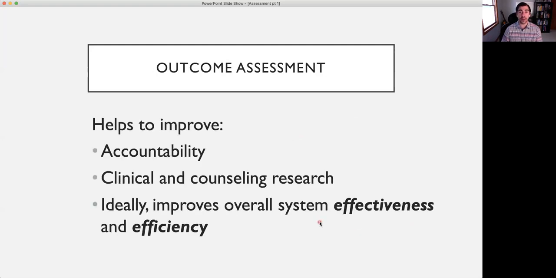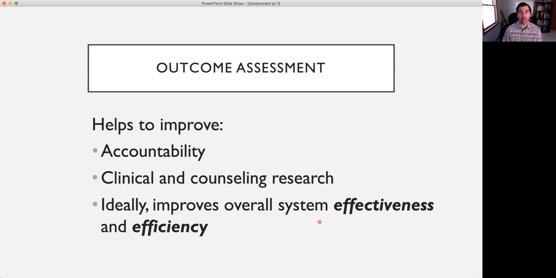Outcome assessment is the third main goal of assessment. Again, what we're doing there is that we're aiming to track how a person is doing in their treatment process, whether they're improving or not, and try to have some data that is as objective as possible in terms of supporting our inferences, supporting our ideas about whether they're improving or not. So with outcome assessment, part of why this is given some attention in the textbook is because it's a big topic in the past 10 or 20 years or so.